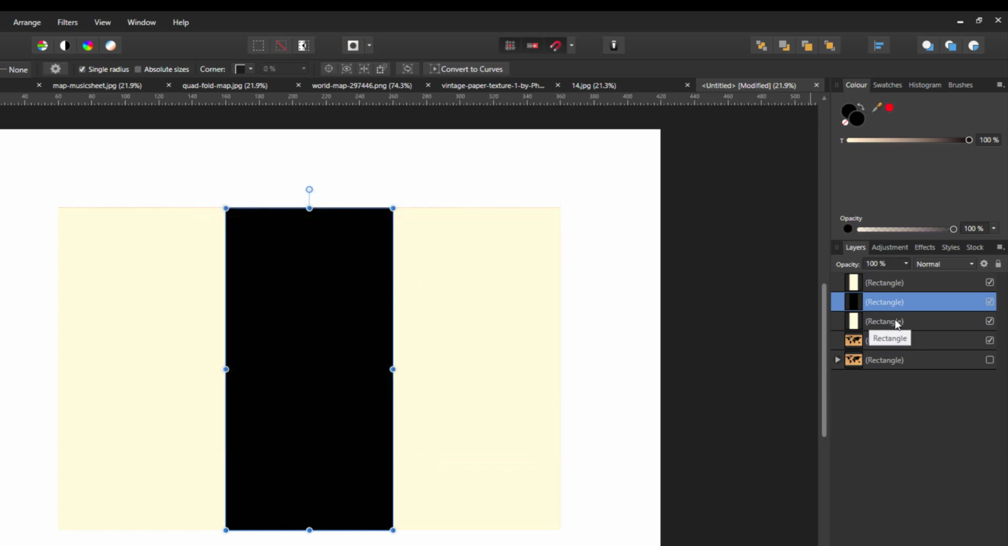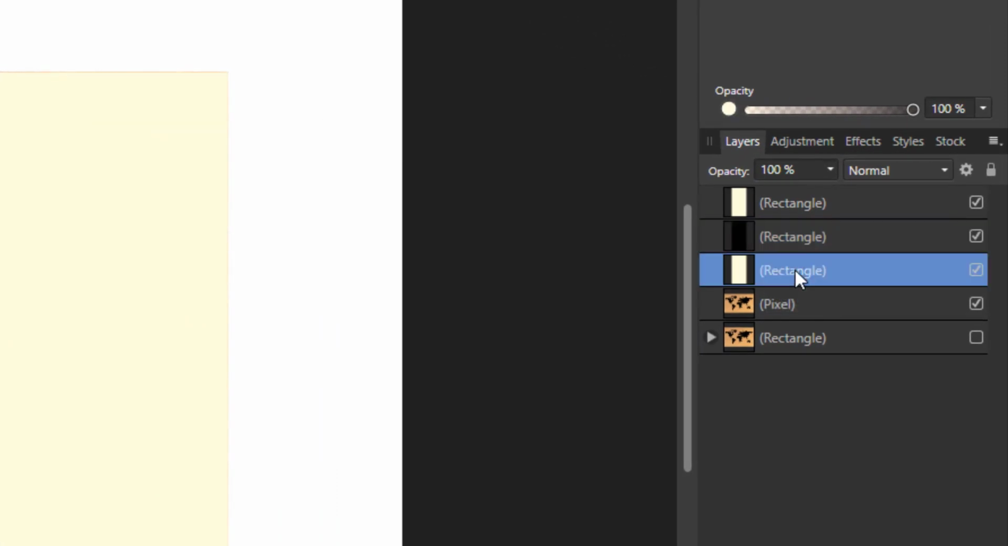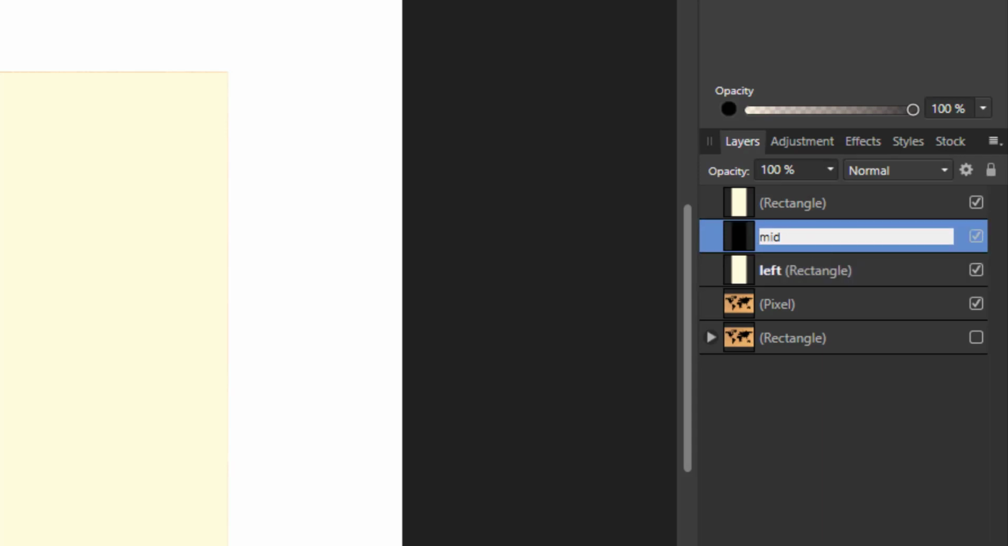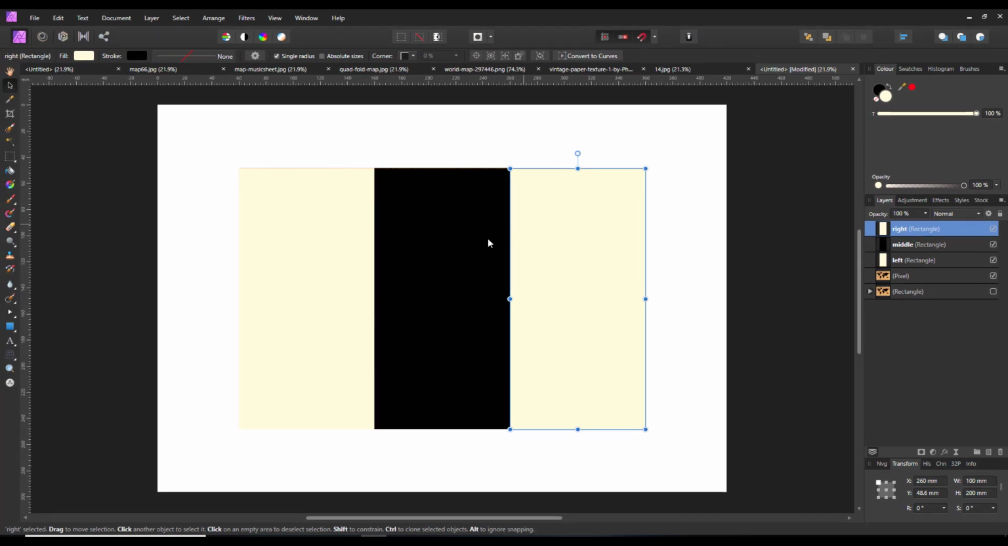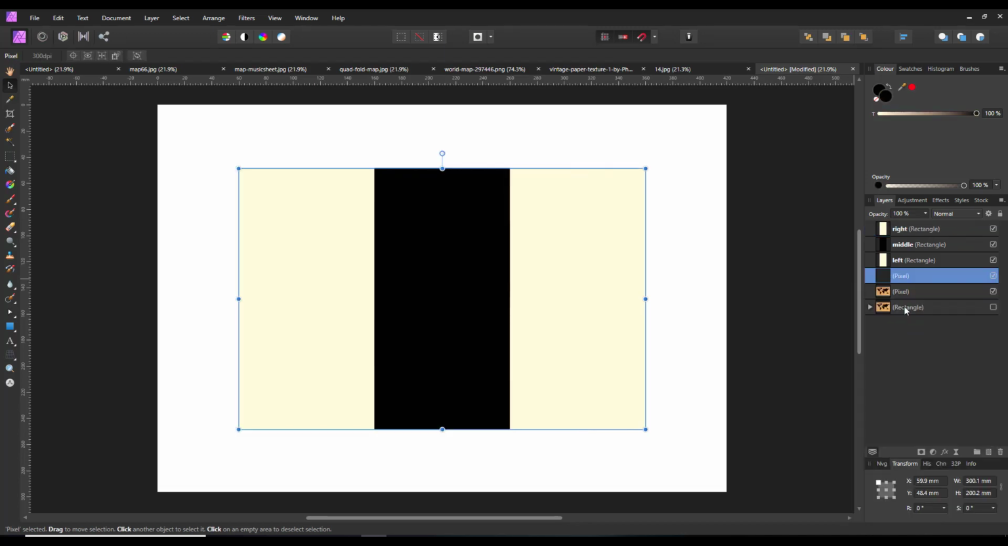And what I will also do, just to help out a little bit, is rename these panels. So I'm going to make this one left, this one middle, and this one right. You don't have to rename them, it just makes it slightly easier. So we have our 3 panels, and what we need now is 3 versions of either your merged image or your group if you're doing this in Designer. So again, I'll just right click this, duplicate that